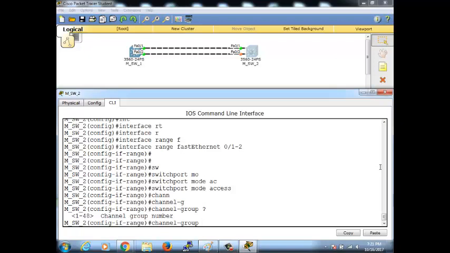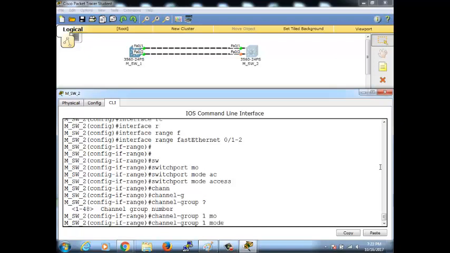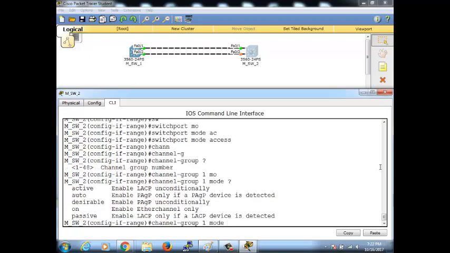Wonderful. 16 is allowed in a bundle and 8 will be active. So I'm going to say group number 1, and this group ID must match on the other side also. And then you need to say channel group 1 mode command. Mode command will help you to enable any one of this. You can manually turn it on